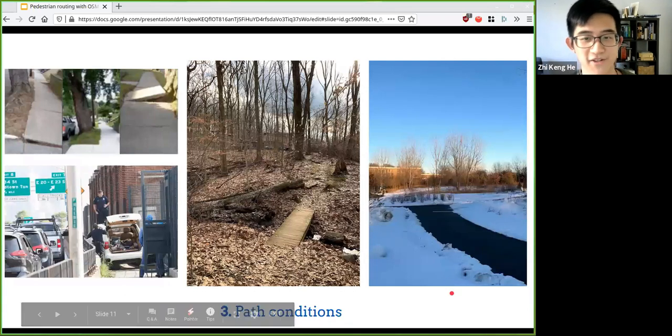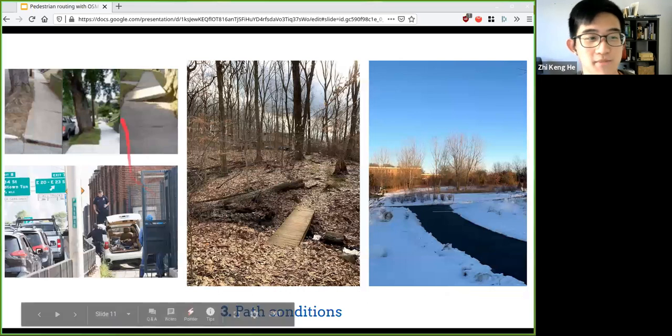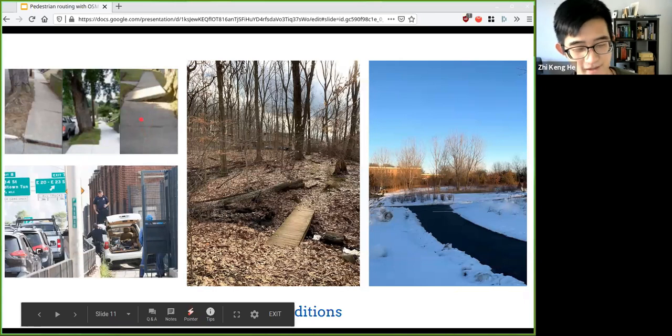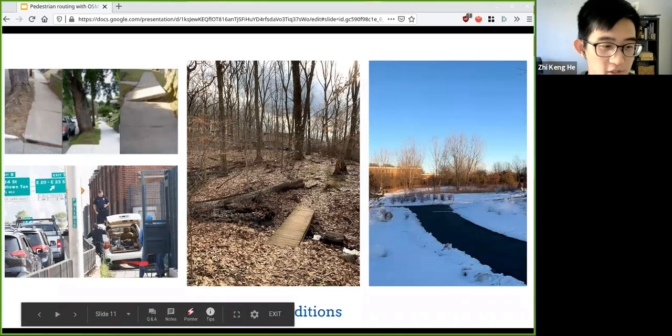Another barrier, another ton of other barriers that I just want to group into path conditions, is that some sidewalks are crumbling. Sometimes there are tree roots that bring them up. That's really hard to go through the sidewalk consistently. That can be marked on a network as an absolute barrier, because you can't really get through. There can be a sidewalk width issue. We'll talk about this more later, but essentially, if there's not enough width, then there might be some issues